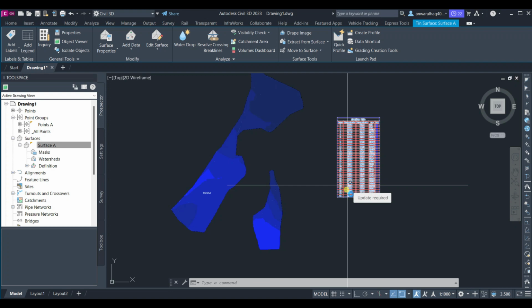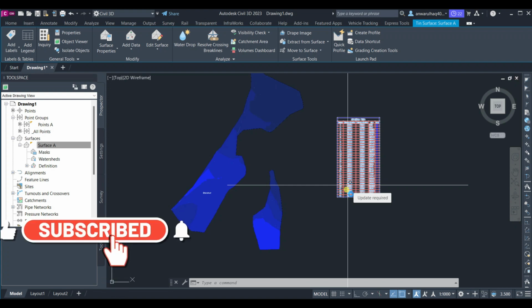I can provide. So now you are already aware of how to use Civil 3D to prepare surfaces from points, and in another tutorial we also tell you about how to prepare a surface from contour lines and the process of surface. So most of the portion of today's lecture is